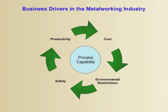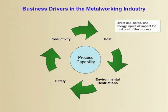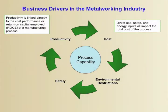So here's our four main business drivers that we have for a capable process in metalworking. You have environmental restrictions, cost, productivity, and safety. Cost, I mean, we all know that there's cost inputs into a metalworking fluid process. That's direct use, scrap, energy, the things that we're putting in there that have tangible cost to them. On the productivity side, we really need to look at these types of processes as being process capable and having a certain amount of productivity so we can have the necessary return on capital employed that is directed by our